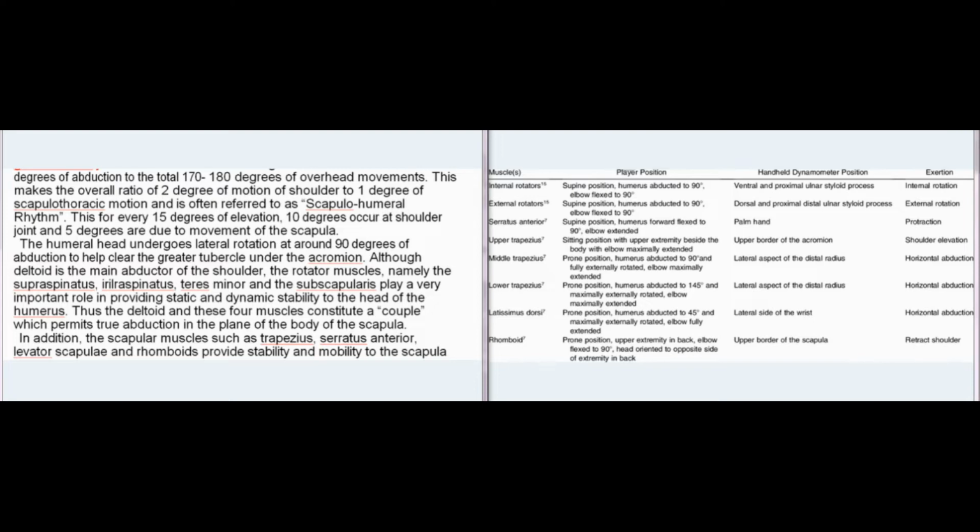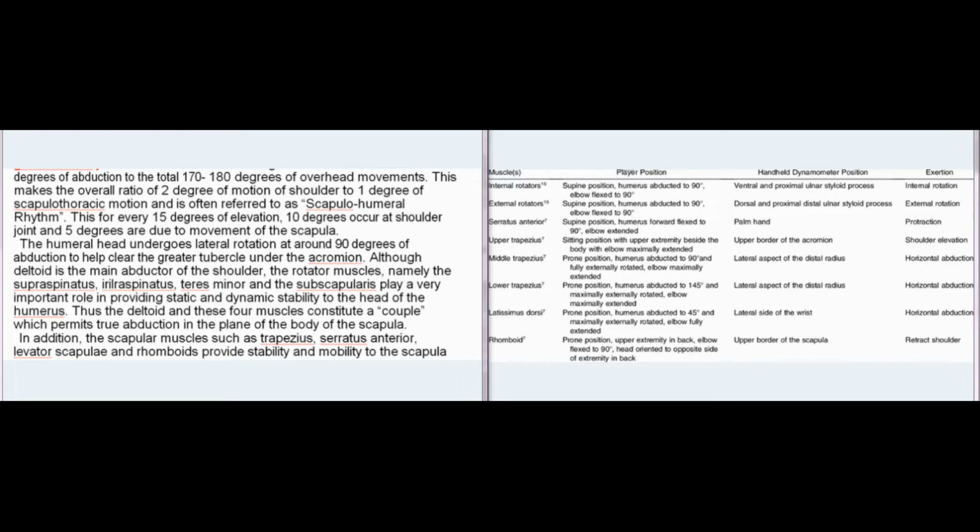Thus for every 15 degrees of elevation, 10 degrees occur at the shoulder joint and 5 degrees are due to movement of the scapula. The humeral head undergoes lateral rotation at around 90 degrees of abduction to help clear the greater tubercle under the acromion. Although the deltoid is the main abductor of the shoulder, the rotator muscles, namely the supraspinatus, infraspinatus, teres minor and the subscapularis play a very important role in providing static and dynamic stability to the head of the humerus. Thus the deltoid and these 4 muscles constitute a couple which permits true abduction in the plane of the body of the